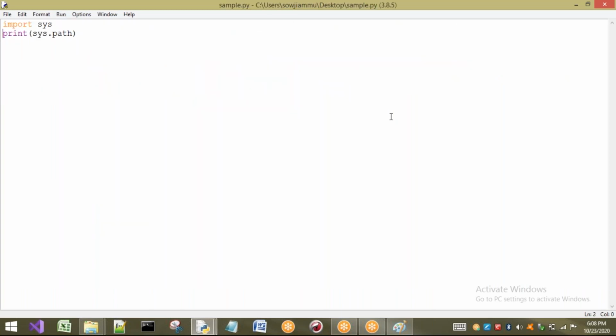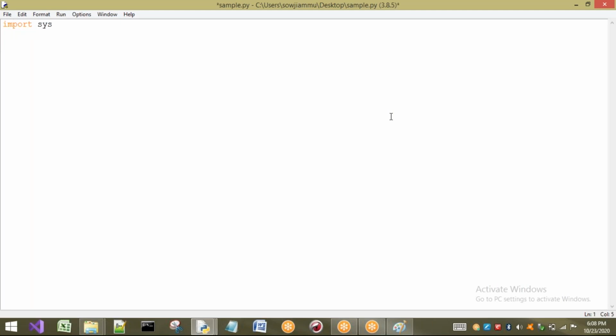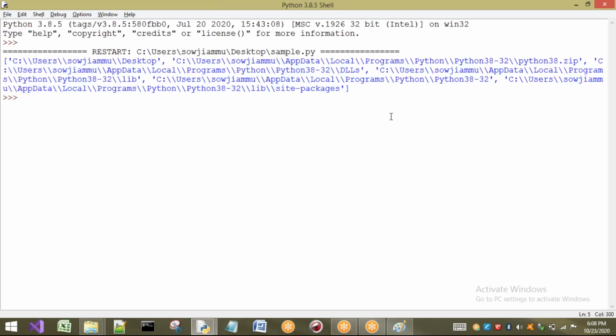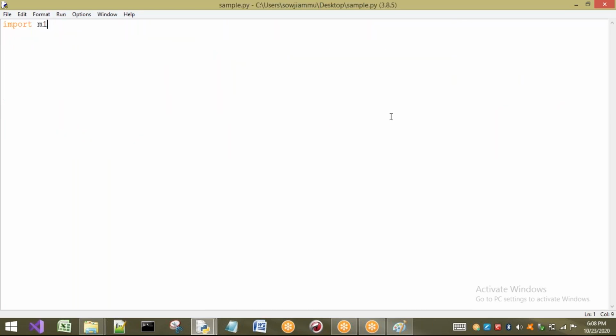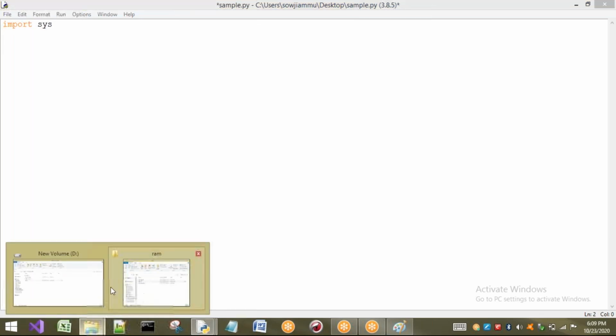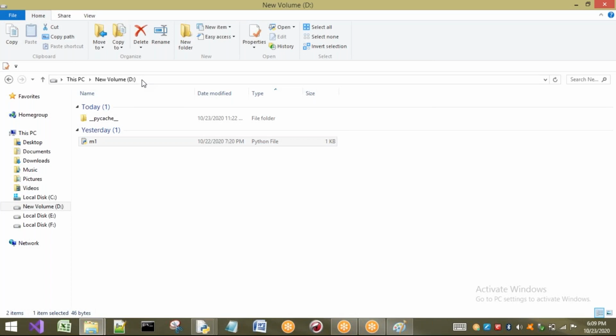If I try to import M1 with the current working directory as Desktop, it will give an error that no module named M1 is present. So first, I have to add the path of the module where my M1 is present, inside a directory called D.